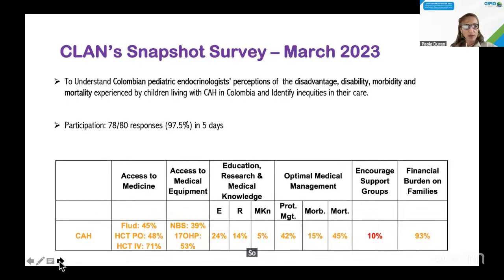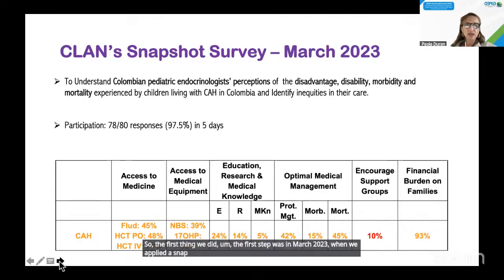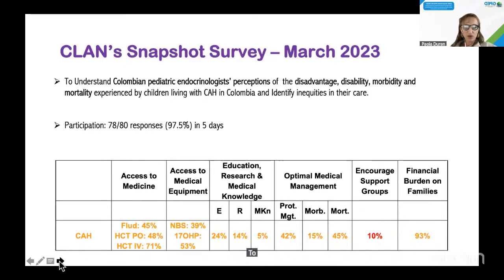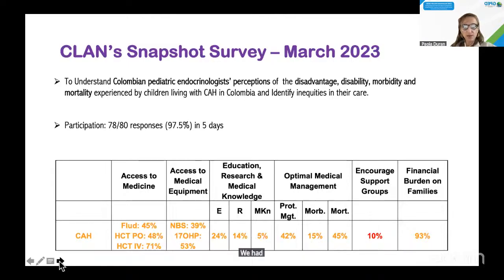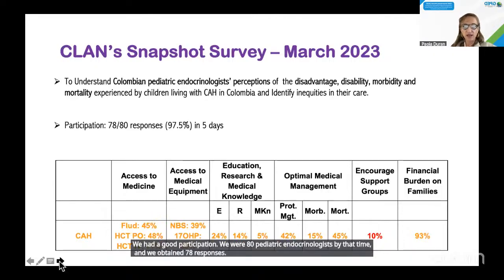The first step was in March 2023, when we applied a snapshot survey. It was designed by CLAN and adapted to Colombia to capture the perception of the Colombian pediatric endocrinologists on the disadvantage, disability, morbidity, and mortality experienced by children living with CAH in Colombia. We had a good participation. We were 80 pediatric endocrinologists by that time, and we obtained 78 responses, which is 97.5% of the pediatric endocrinologists,